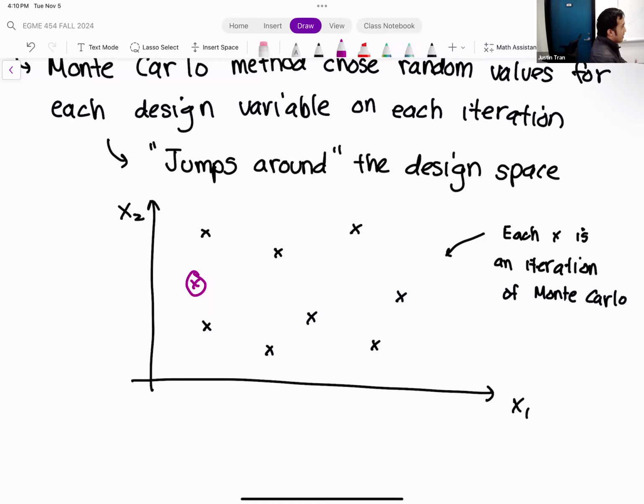But what's bad about that is that if you are hopping around with Monte Carlo and you find something that's pretty good, right? So let's say that you end up right here, which may not be at the optimum, but it might be pretty close. Monte Carlo has no way to actually remember that. And so Monte Carlo will say, all right, that's cool. Let me hop somewhere else. And then from here, it's like, oh, that was bad. Let's hop somewhere else. Sometimes you want to stay in a particular neighborhood if you feel like you're getting close.